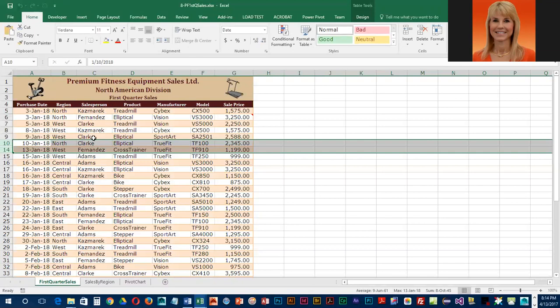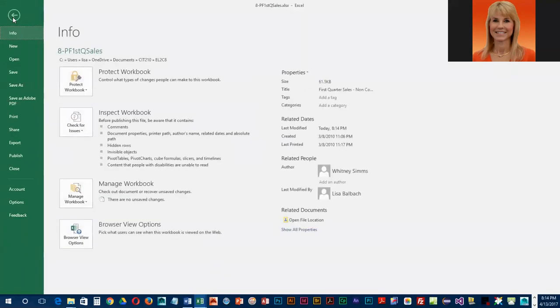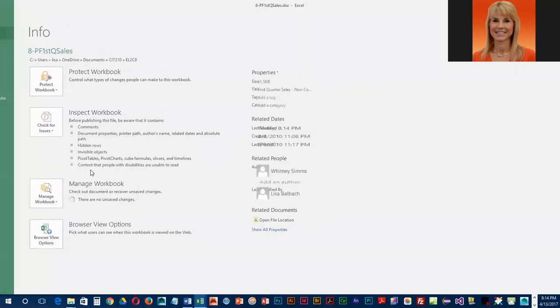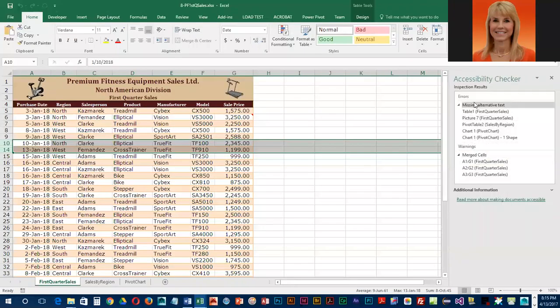So to check this for accessibility, we're going to go into File, and then we're going to click on Check for Issues, and we're specifically going to check for accessibility. Okay, and now we're back in the worksheet, and it's showing us some issues. And the first issue is missing alternative text. So it's saying that there's an issue in Table 1, Picture 7,